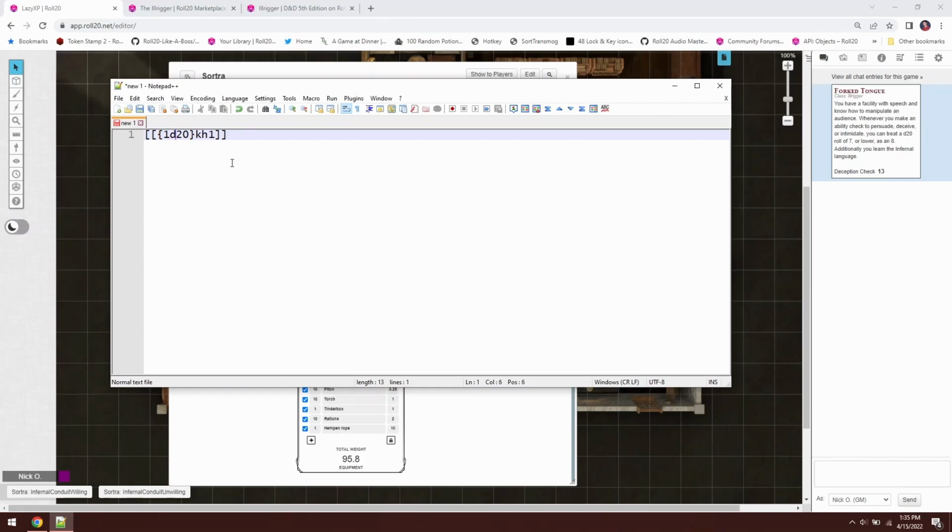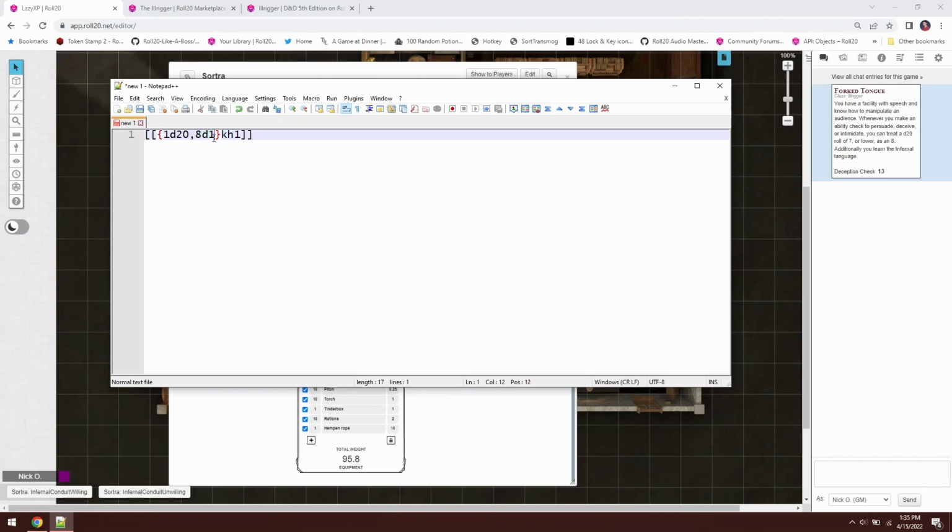So what I can do here is enclose inside curly braces. I'm going to say I'm going to roll 1d20, comma, and then I'm going to put in another die value, so let's just say 8d1. I'll explain this in a second. But basically what this means is we're going to roll a d20 and 8d1s, and we're going to keep whichever value is higher. So if we roll a 17 on the d20, we're going to keep that. If we roll a 4 on the d20, then 8d1s is going to be 8, and we're going to keep